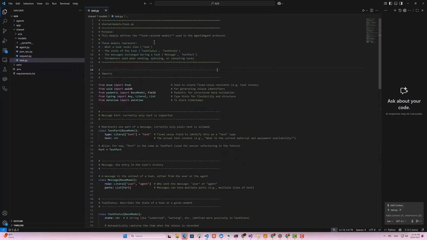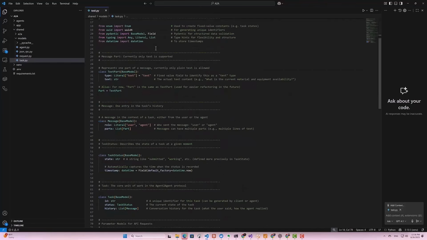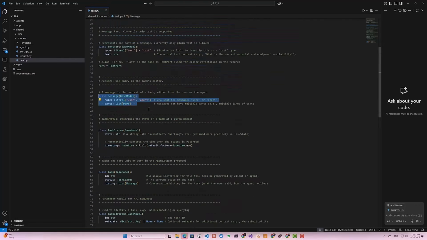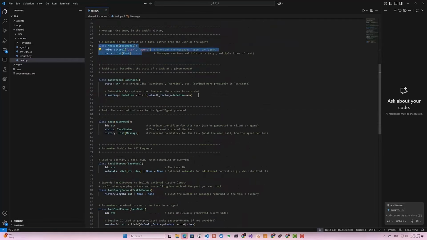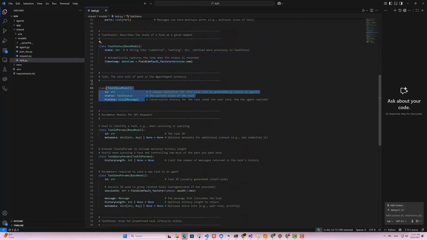And then finally under models here, we've got a task. This is the module that defines all the task related models used in the A2A protocol. Primarily in our demo, we're using tasks as a way to exchange messages between all these multiple AI agents. So here we've got a definition of all those task related models. Here we've got a text part, which basically represents a part of a message that goes along with the task. And then here I've got a representation of a message, and then the task status, and then the actual task